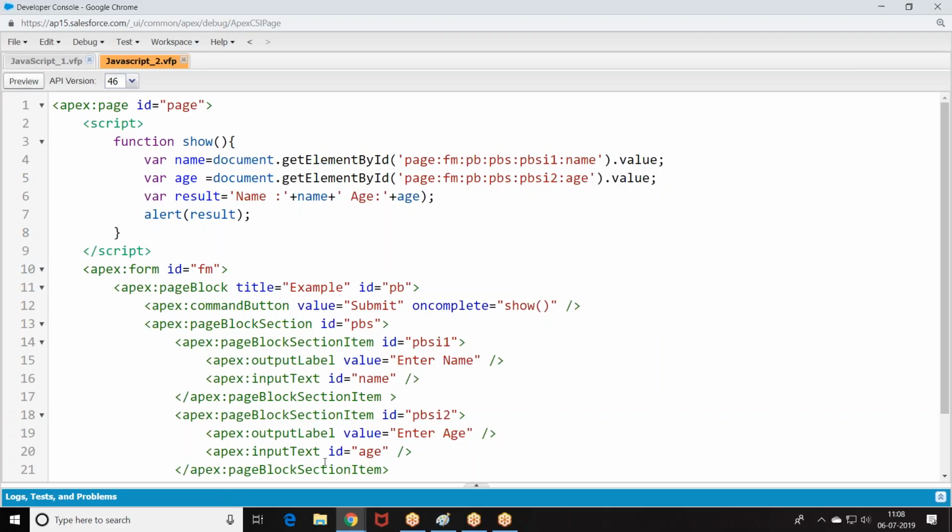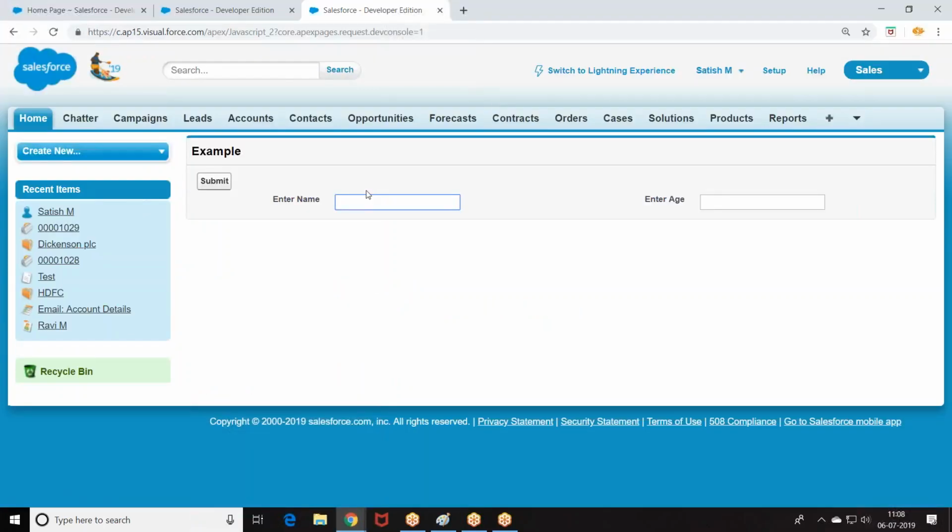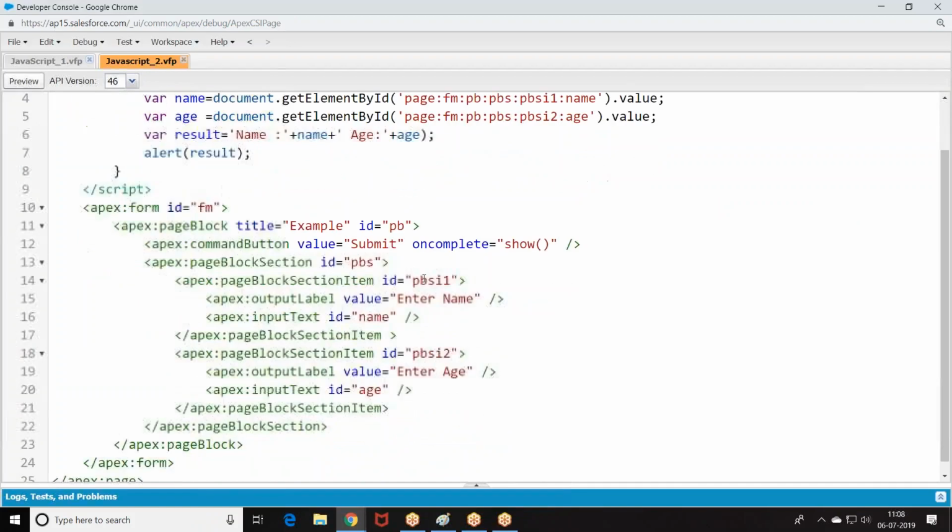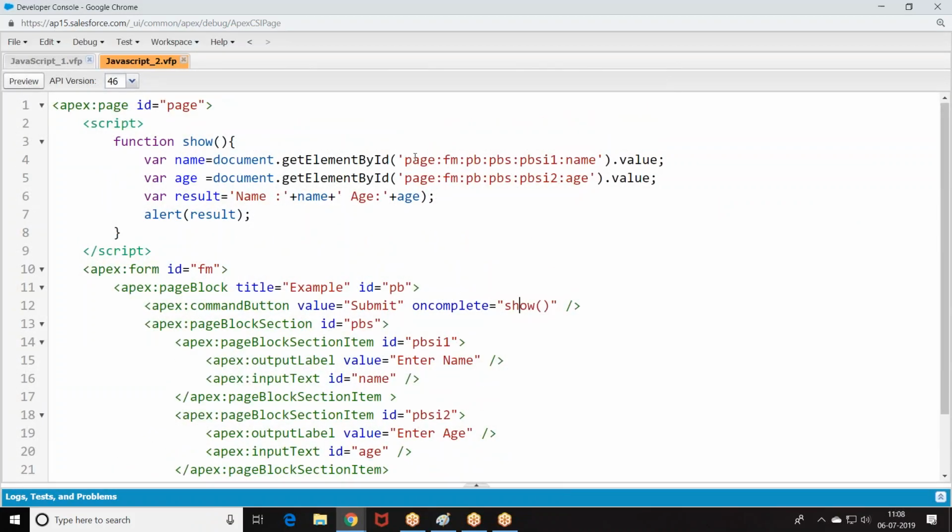Right. So go back to the story again. Still the same story running. Look at the story. What was that? On complete, show. What is the ID? Page, form, page block section item 1.